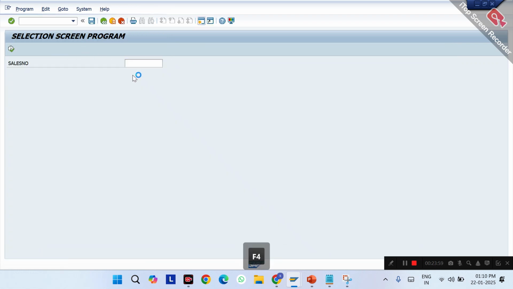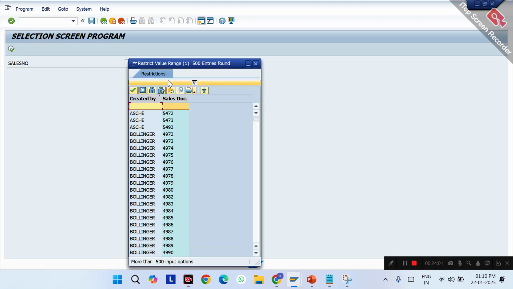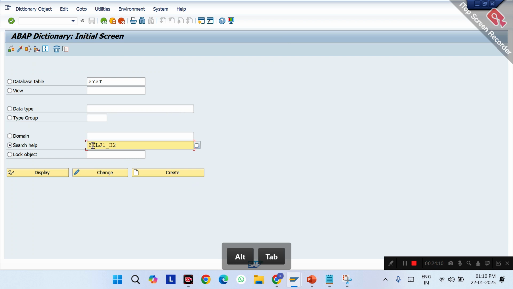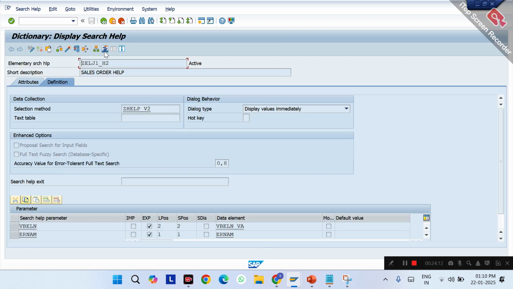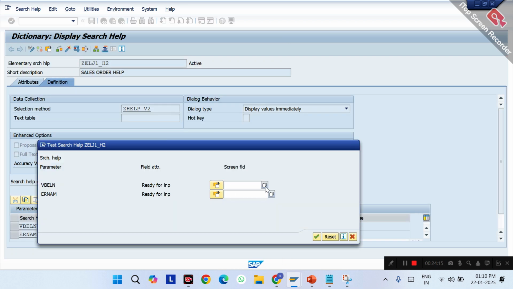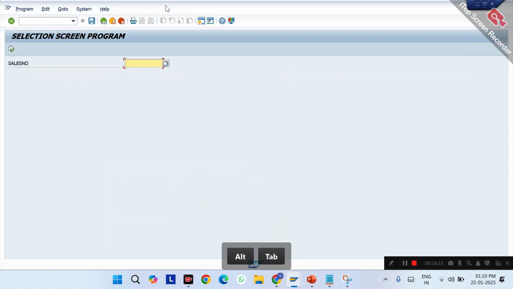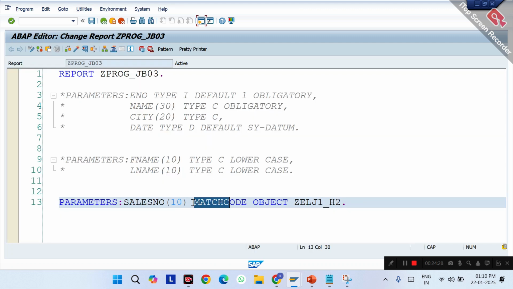See, if you press F4, you will get the whole list, the sales order documents. You can see it here. In the search help, if you execute, here also you will see the same window created by sales document. The similar window is also here. If you remove that,